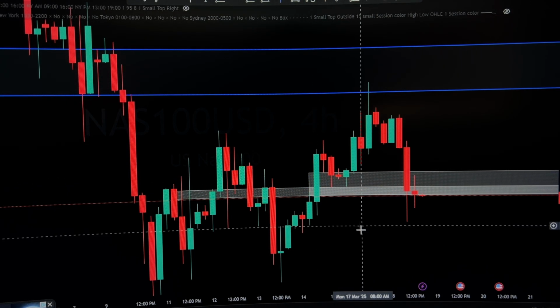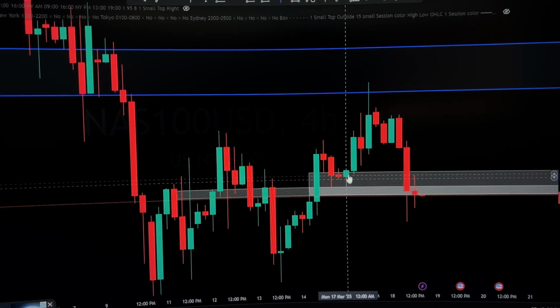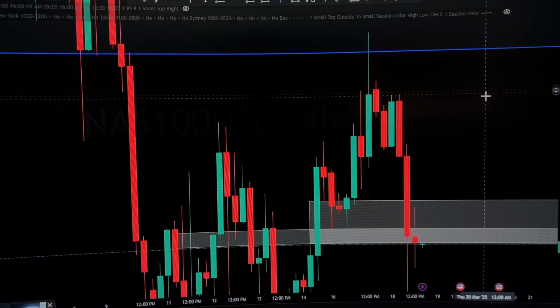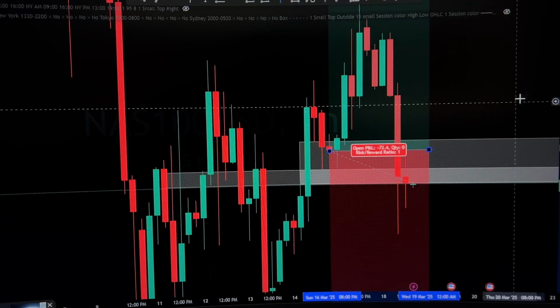You see this fair value gap right here, boom. Price went up, came back down, tested and held. This fair value gap is holding, and then boom, you go. Now your target is going to be obviously from here, from this fair value gap on a lower time frame,